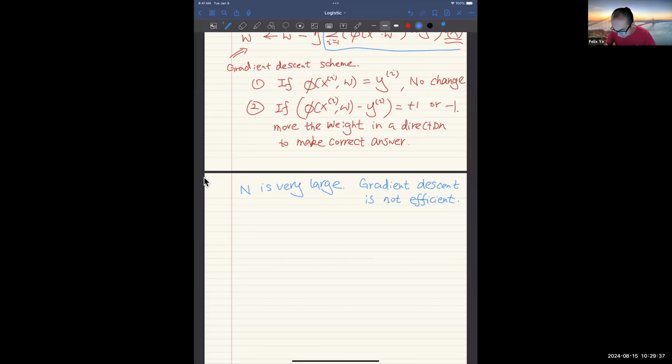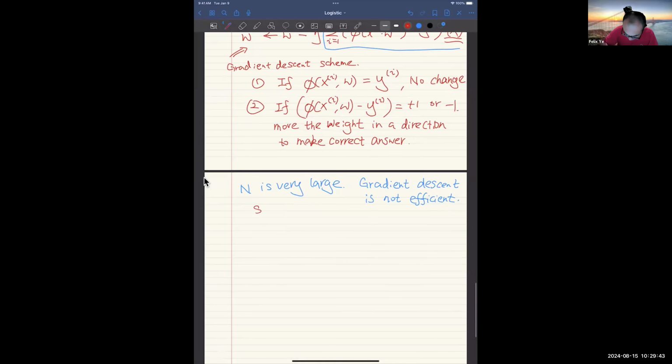So that's something that can be done, called stochastic gradient descent. So this whole idea is very clear. So I'm going to actually demonstrate that